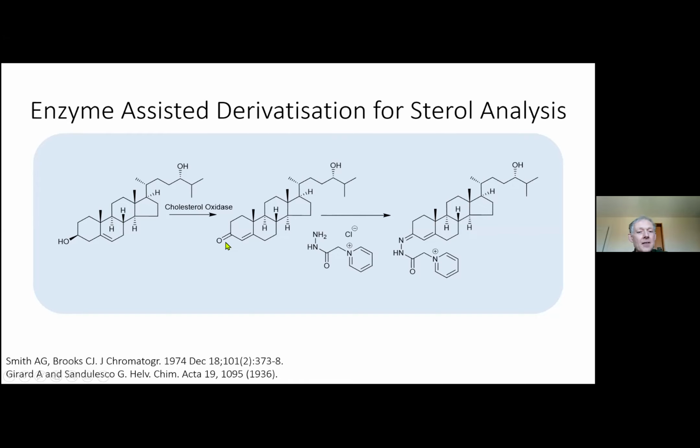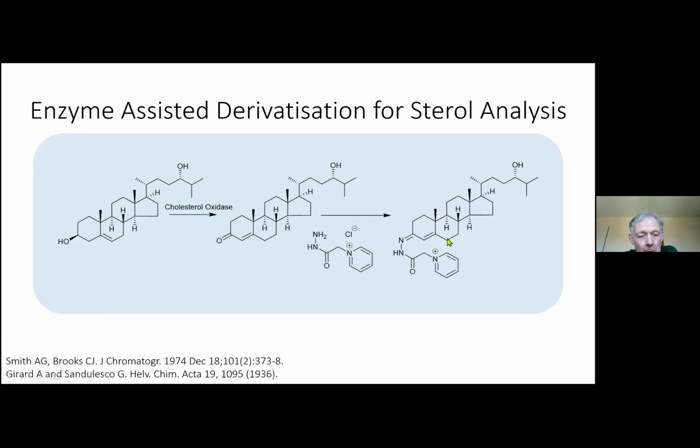So this adds specificity to your method, because you made your method now specific for cholesterol and cholesterol-like molecules. It's specific for sterols and oxysterols. Once you've got the 3-ketone group, you can do a bit of chemistry. So we like to use the Girard P reagent. You can just buy this commercially. And this is a hydrazine, and a hydrazine will react with the ketone to give a hydrazone. And as the Girard reagent has got a quaternary nitrogen, which is charged, you effectively tag a charge onto the